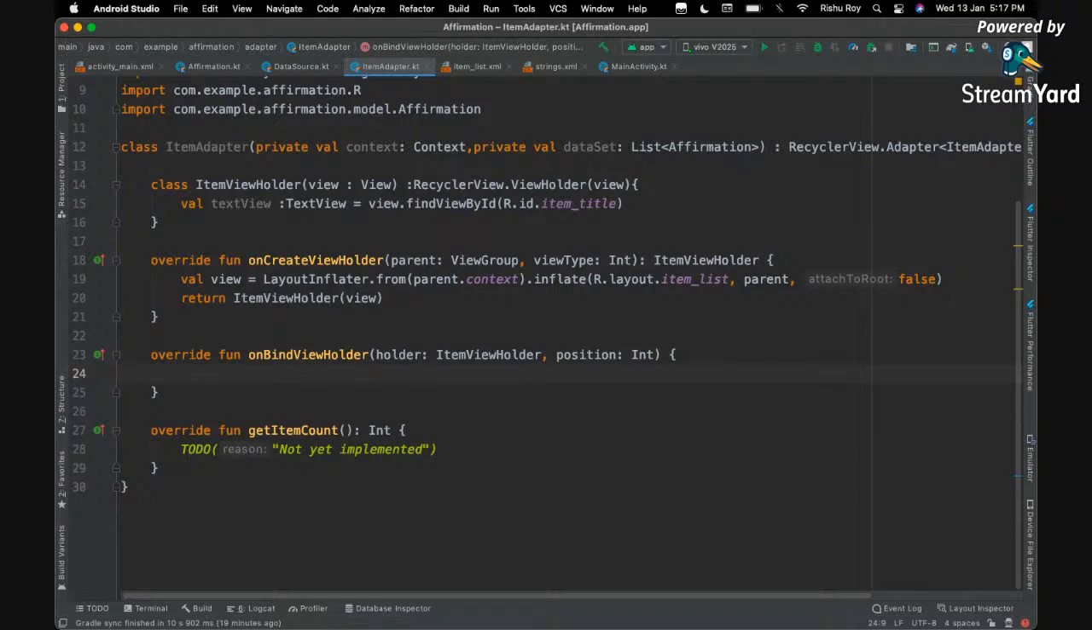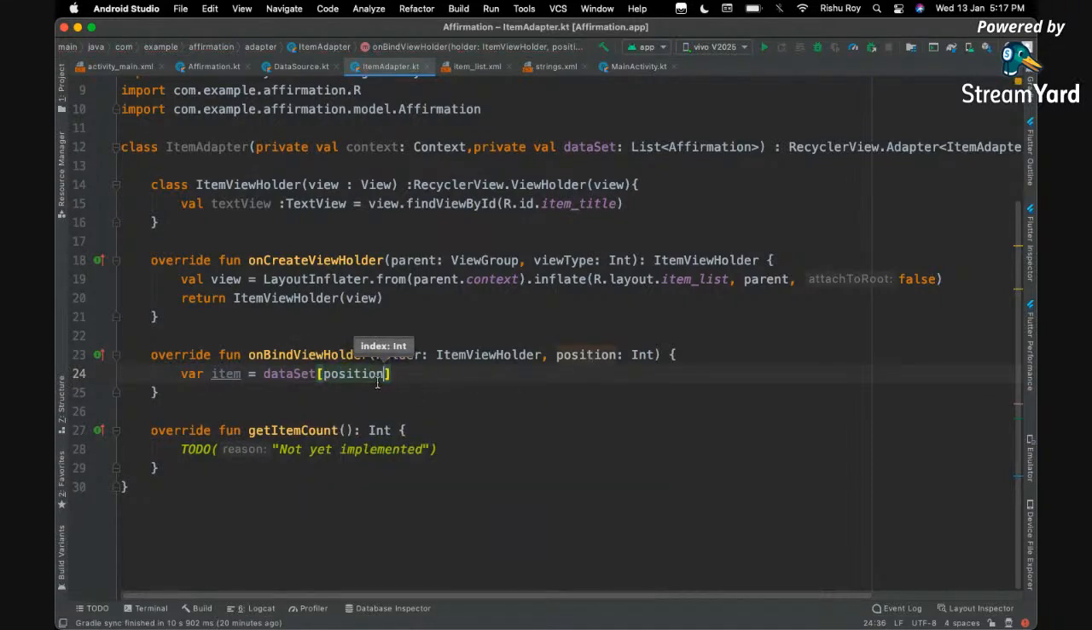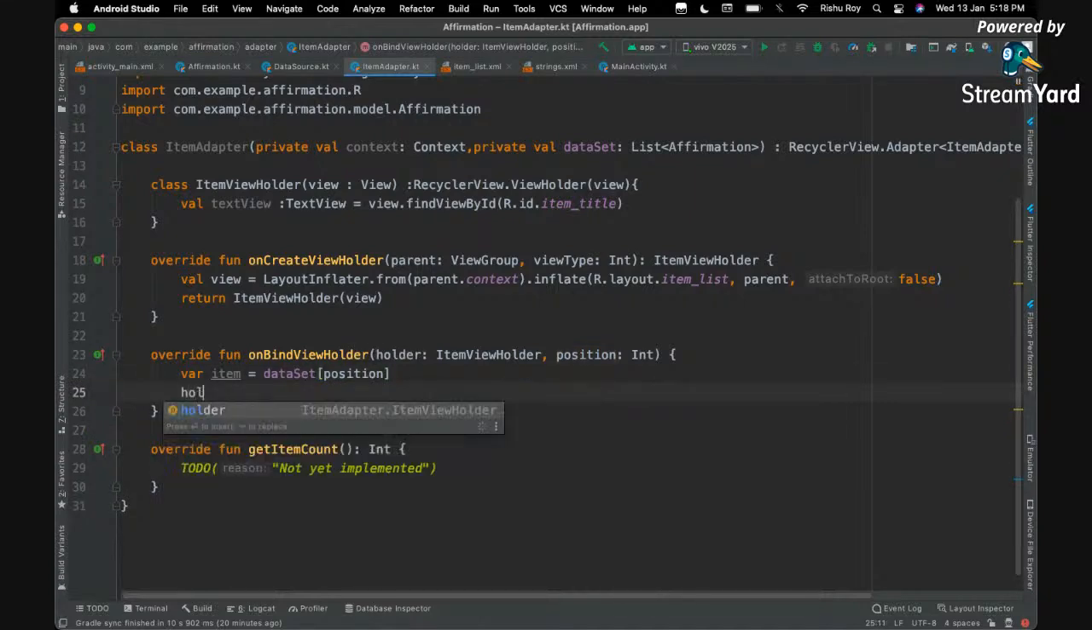So at first we have to get the position of that current item. So we can say var item equal to data sheet at current index, and index is provided here by this position argument. So this index will be provided by this position argument. And then I can say that holder dot text view dot text